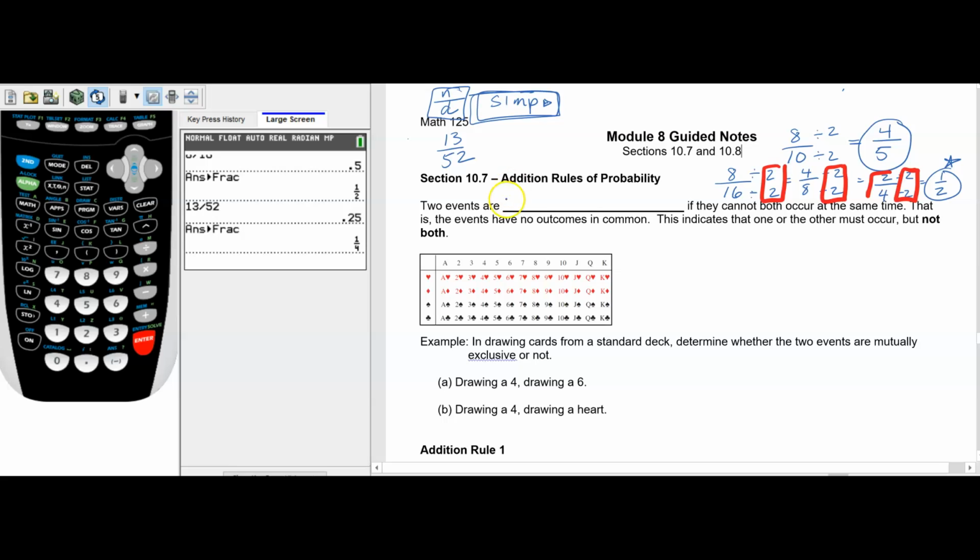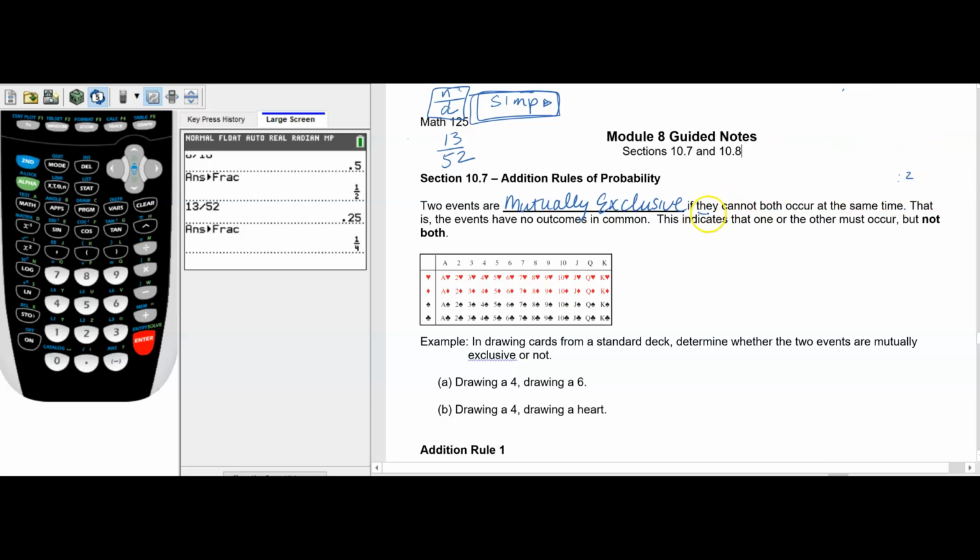So, two events are mutually exclusive if they cannot both occur at the same time. If they cannot both occur at the same time, that's the most important part here. So for example,